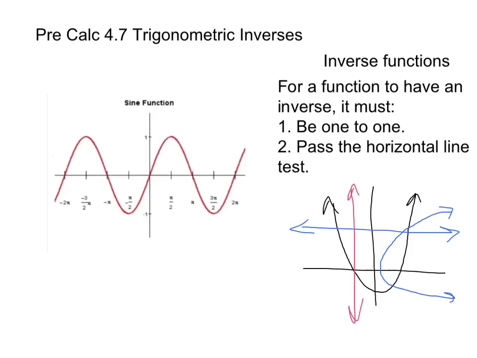So instead, what we will have to do is something called restricting the domain. So I'm going to write that on here, restrict the domain. In other words, we're not going to use the whole graph. We're just going to use part of the graph. The part of the graph that we use is going to pass the horizontal line test. So you can see here, if we stay pretty close to the